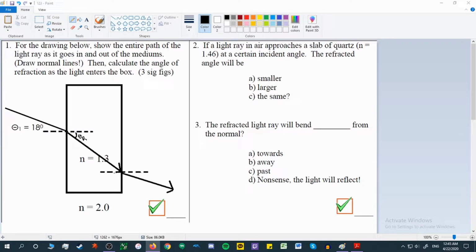Park again. Today we are going through the SRT Refraction file. So if you're with me, stay with me. Let's do this. Alright, so number one is asking you to draw the light rays as it enters this box